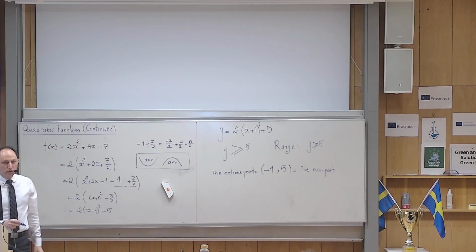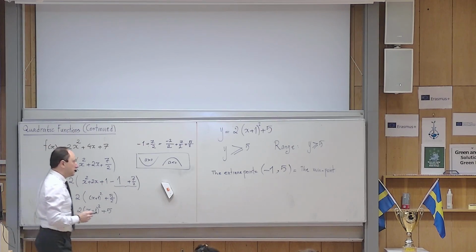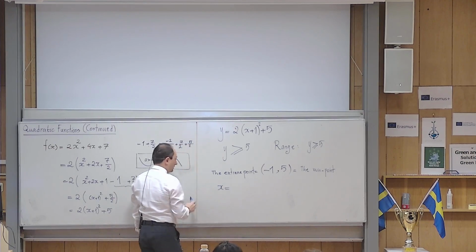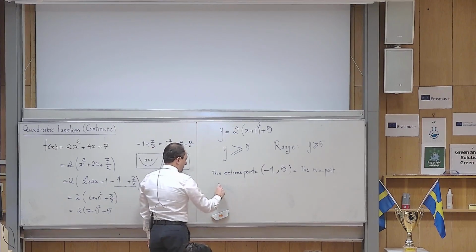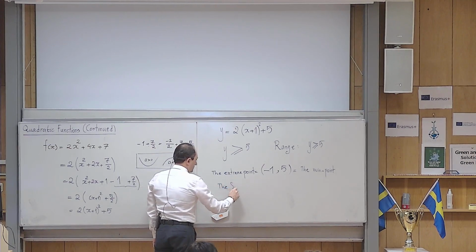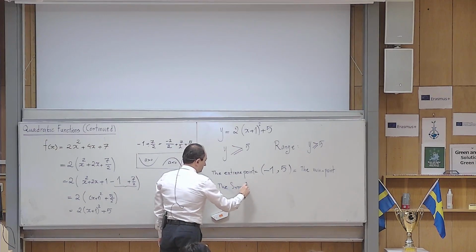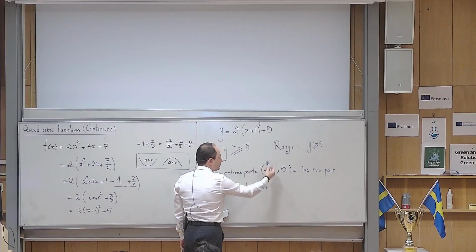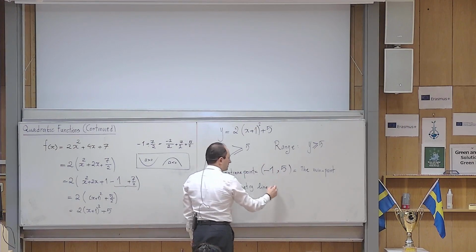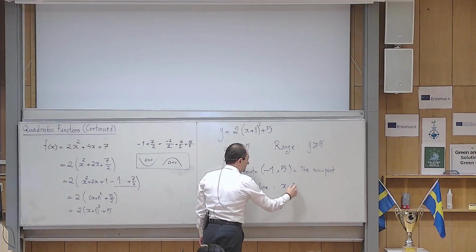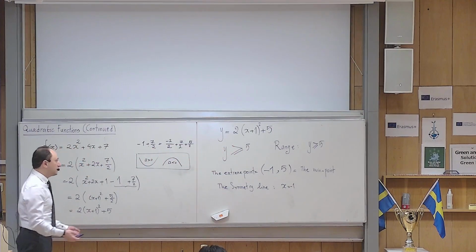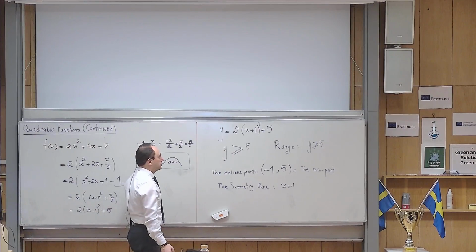Okay, if I ask you what is the equation of the symmetry line? The symmetry line is a vertical line that passes through the turning point. So the x coordinate is -1, so x becomes -1. Yes? And if I ask you what are the zeros,